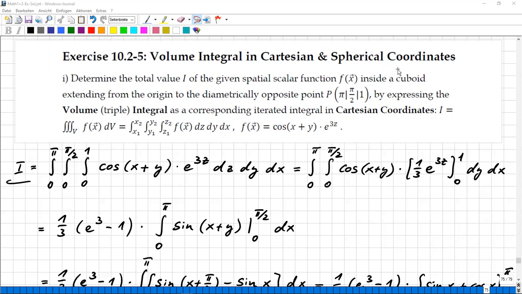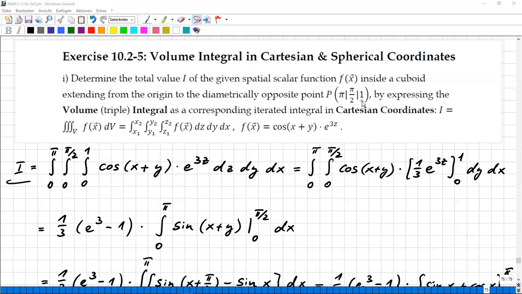Now for the first part, we are asked to calculate the total value of a certain scalar function f of x, which is given here. This function of all three spatial variables x, y, z is defined everywhere inside a certain cuboid. It's almost as simple as the cube. So it's a cuboid, which extends from the origin to a diametrically opposite point P, which has the coordinates pi for x, pi half for y, and 1